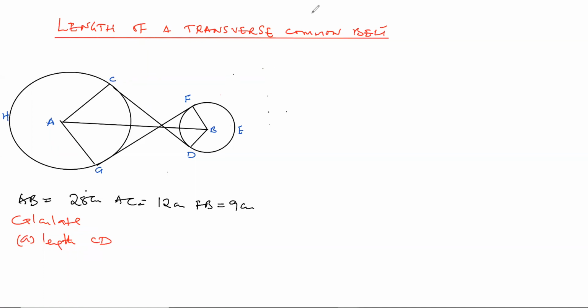So, to calculate the length of CD, we have to go through yesterday's process. Remember, the idea is that at the end of the day we need to find the length of the total transverse common belt. But we do it step by step, every part by every part. So we're starting with CD. So for CD, what did we say? We said, if it is transverse, first of all, you say this radius plus this radius,